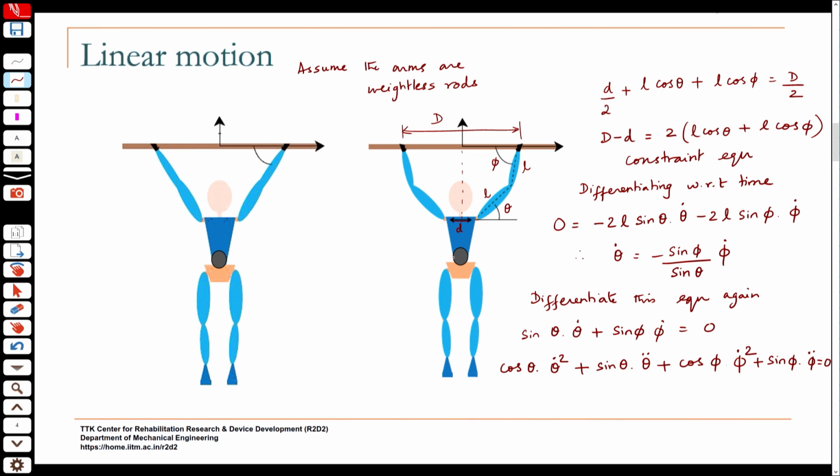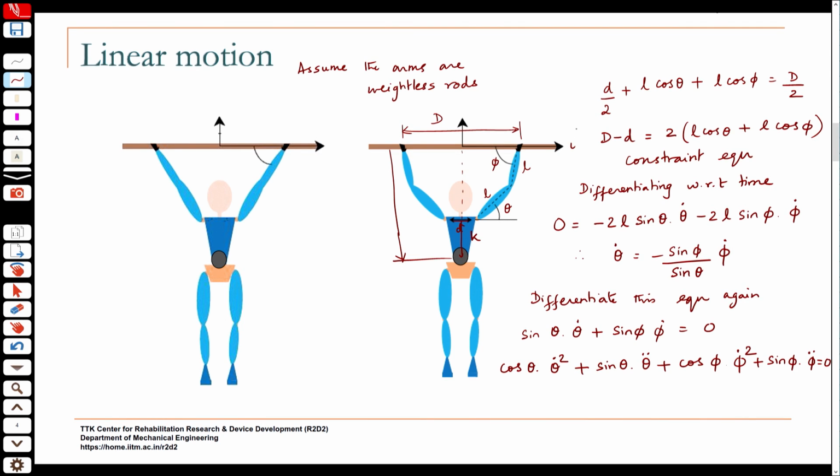So, now if I designate the location of the center of mass, let us say from the shoulder, we are assuming the arms are weightless. So, we are assuming with respect to the body the center of mass does not change. So, let us say this is some constant k, it is k below the level of the shoulder. Okay. So, then if this is the x axis,